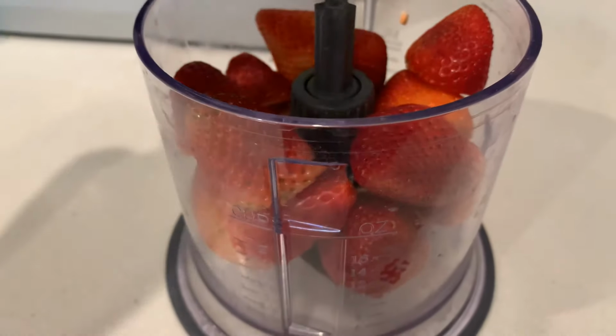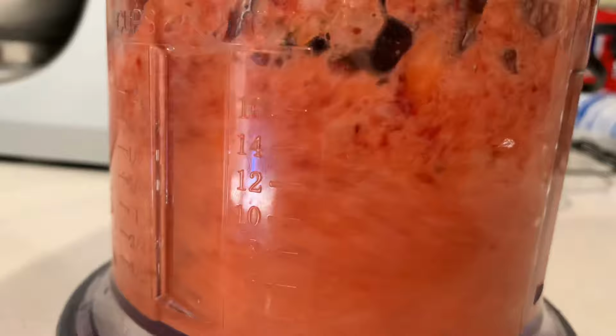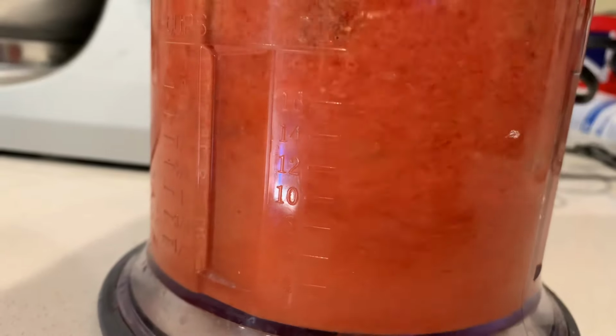I'm Becky and we're going to make strawberry buttercream today. Just put some strawberries in our blender and blend them up really good. And then we're going to put that and about a cup of room temperature butter and a whisk attachment to